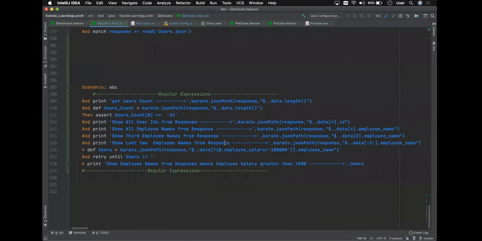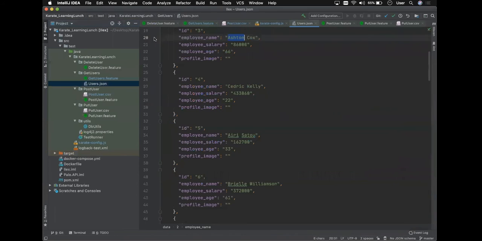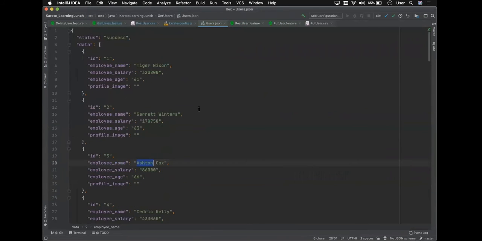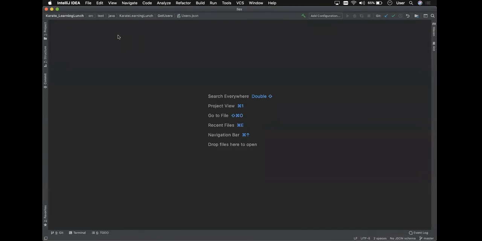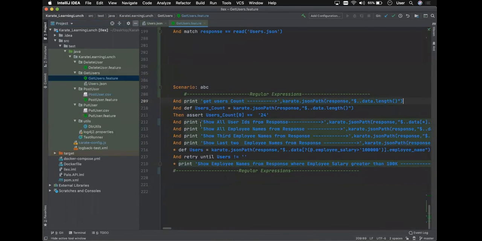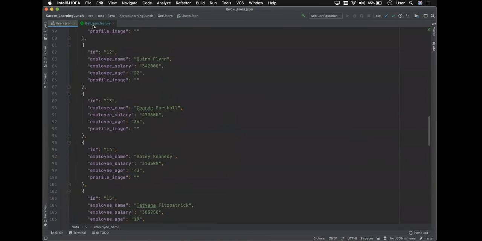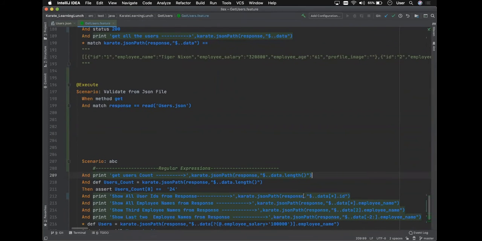So here I have a few scenarios. So for easy purpose, probably I'll open the JSON file. So this is the JSON file which we are considering. Probably I'll close all and I'll open only this. So this is the JSON file which we are validating. So let's take an example where you need to,